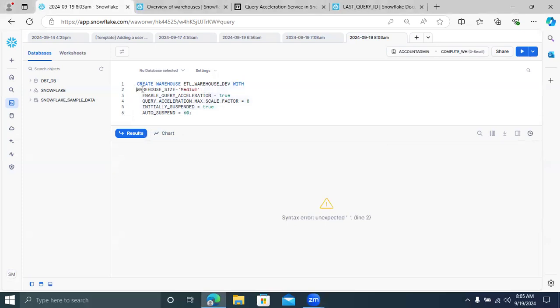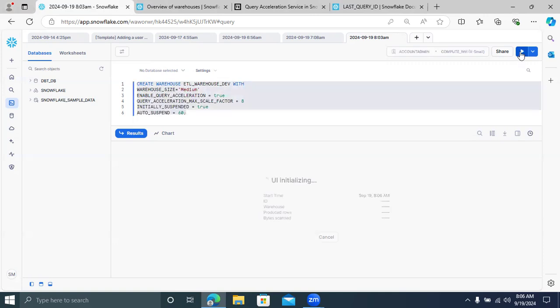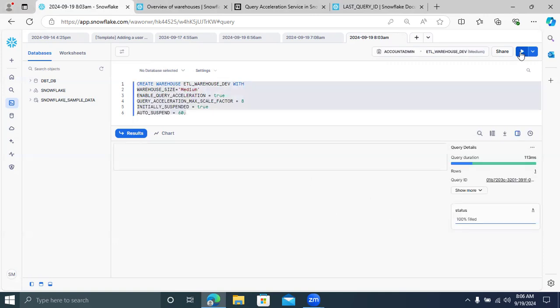Some special characters will be involved over there. Just trim those spaces. While copying from the website, some special characters get copied that you can't see. Now it will run. This is how you can use the query acceleration services.